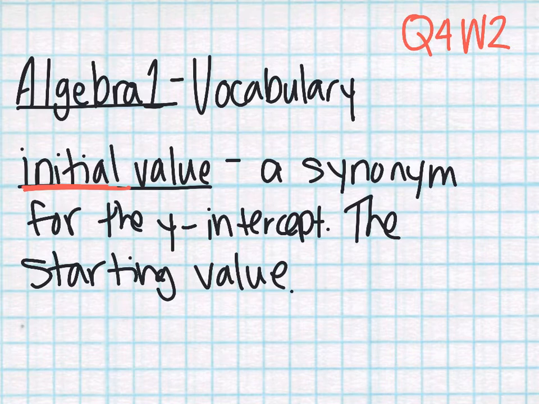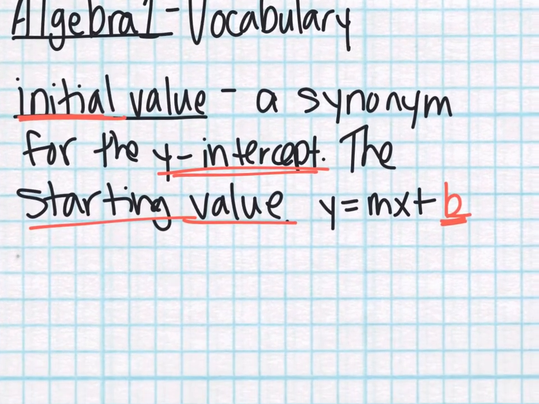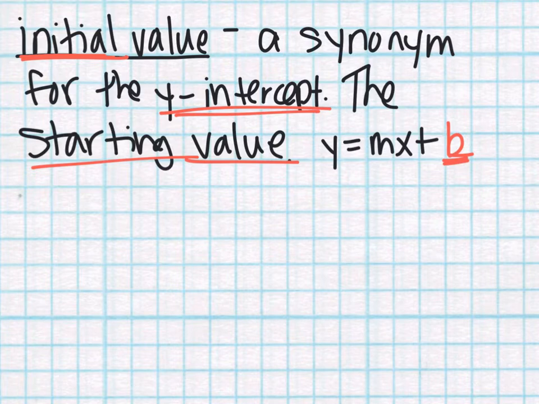So we can find the starting value in a couple of different ways. If this was a regular equation, something in the form of y equals mx plus b, this last number, the b, is our initial value. It's our y-intercept. It's our starting value. Each of those things means the same thing. If I was looking on a graph, so if I move this a little bit, I'll draw a little graph example for us. So if I'm looking on a graph, let's say I have this graph right here,